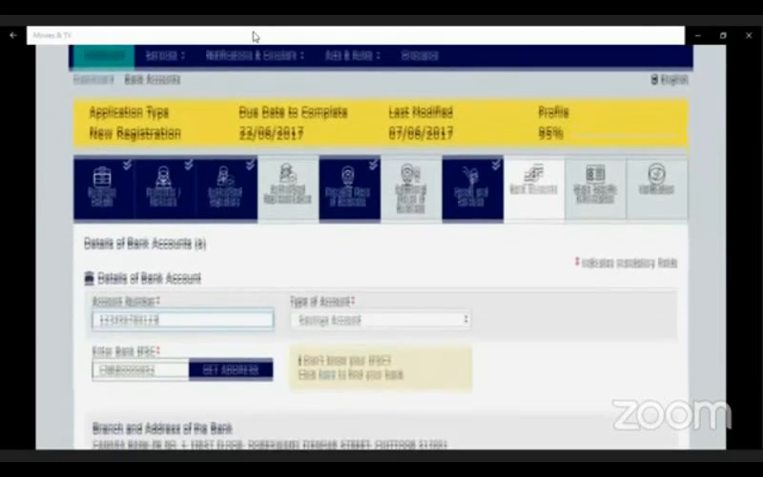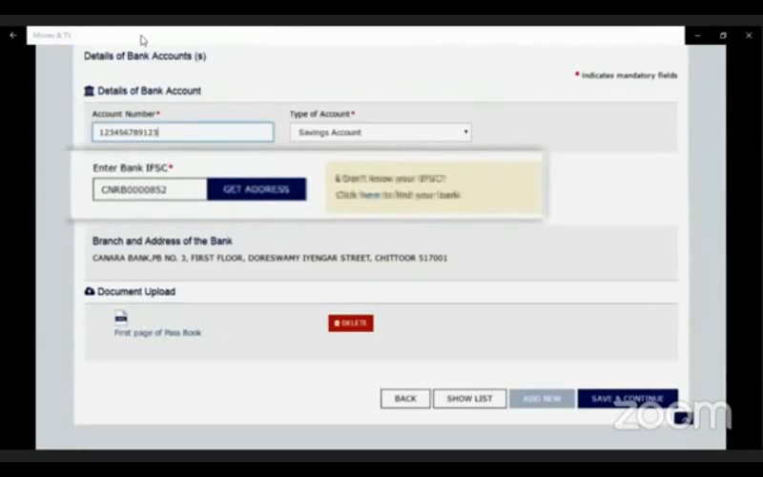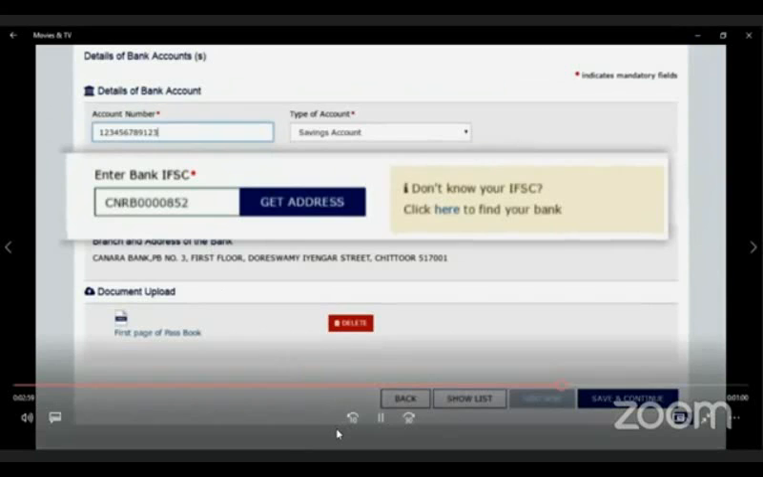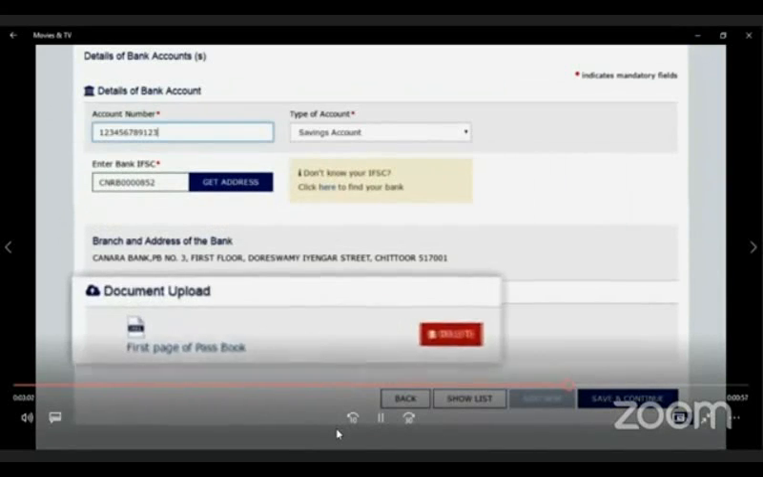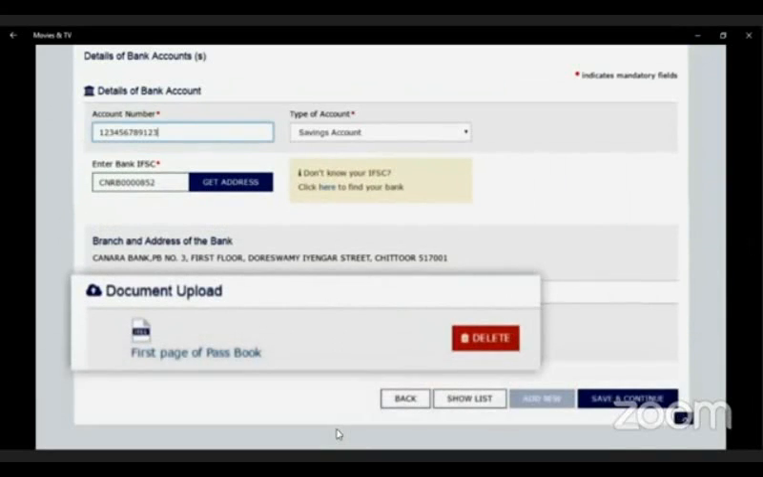In the Bank Account Details tab, the branch name with the IFSC code is required to be selected from the drop-down menu. The first page of the passbook, bank statement and